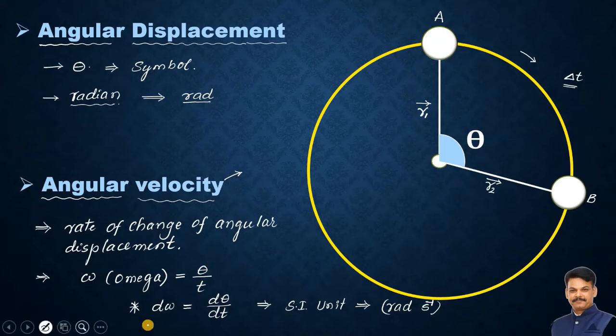This angular velocity is again a vector quantity, because velocity is a vector quantity, displacement is a vector quantity. Therefore, a question arises in our mind. In case of motion along a straight line, we can very easily identify the direction of the velocity. The direction of the velocity is same as that of the direction of displacement, in linear motion.